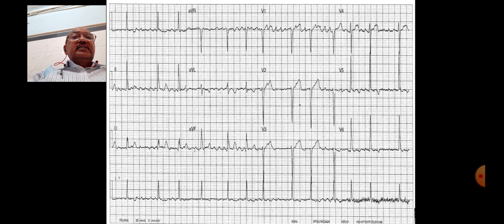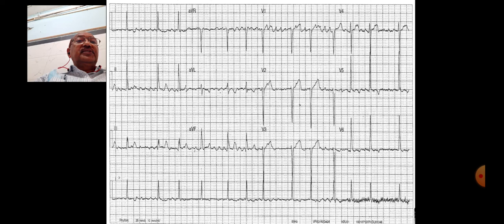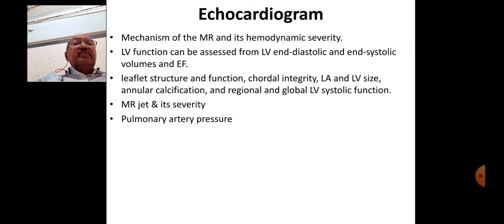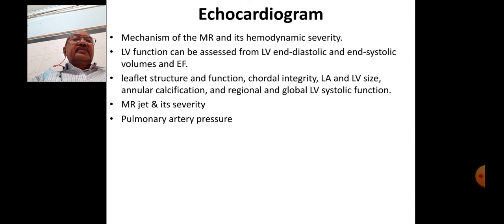And this is the classical ECG, and you can see atrial fibrillation, and there is LV dilatation, LV hypertrophy with volume overload, and there is atrial fibrillation. Of course, the echocardiogram is the most important investigation which will detect the mechanism of mitral regurgitation and